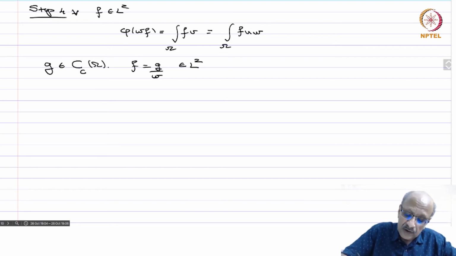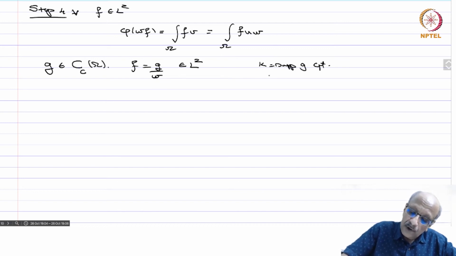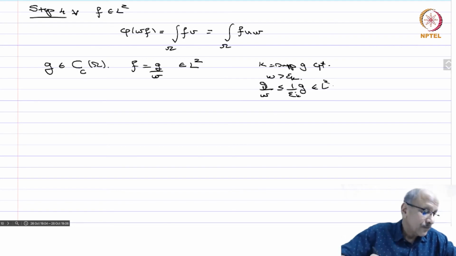g is a continuous function on a compact set, and 1 by w is bounded there because w is strictly positive, greater than or equal to some epsilon_K on that compact set K, where K equals the support of g, which is compact. So w is strictly bigger than epsilon_K, so |g|/w is less than or equal to (1/epsilon_K)|g|, and therefore this belongs to L2, and therefore g by w is also in L2. So we can substitute this in our equation, and therefore you get